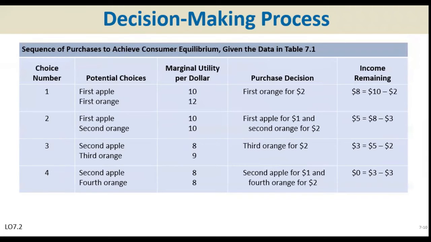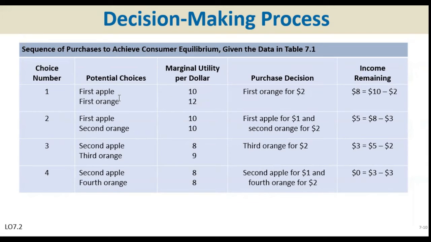Okay, so that's the same logic over here. Again, this is just an illustration of how a consumer must choose between alternative goods, keeping in mind that they have a limited budget. In our example, the budget is set to $10, and the consumer must make a choice within that budget. Right? You choose step by step. Choice number 1, you choose one